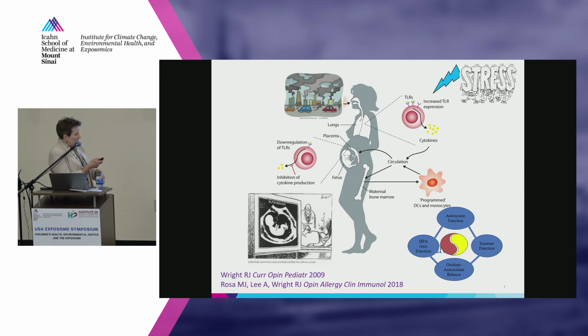So it changes these key regulatory systems that are shown in the yin and yang diagram down in the lower right-hand corner of this graphic. And so air pollution, other chemicals, psychological stressors, they all push and pull on these key regulatory systems that keep us in a healthful balance. And they include, and they're not limited to, the 4 that I have there with the circles bubbling around the yin and yang diagram. So it's autonomic functioning, neuroendocrine functioning, the hypothalamic pituitary adrenal axis, oxidative stress, and all of